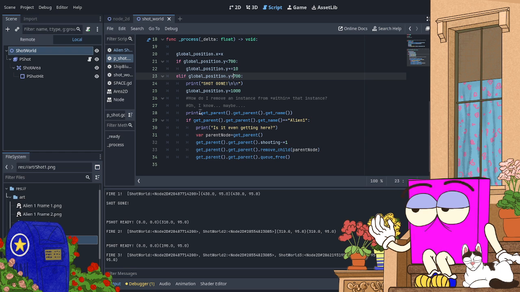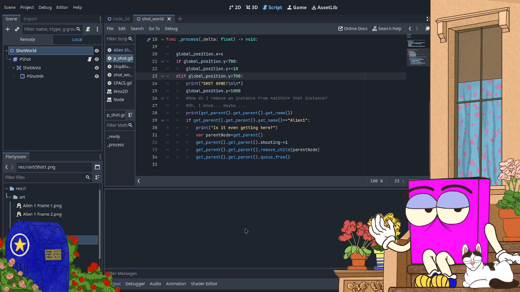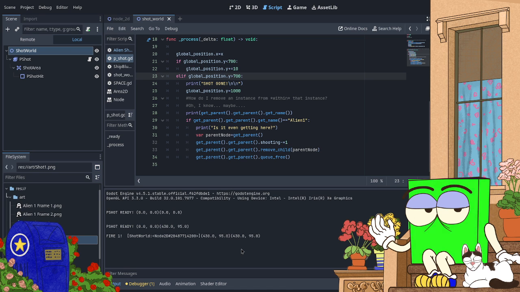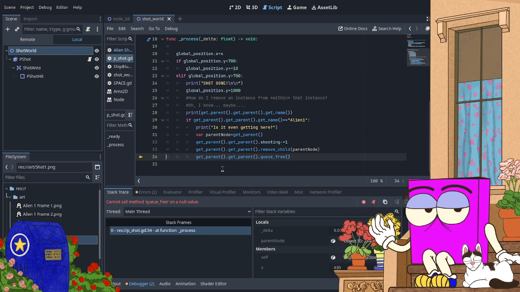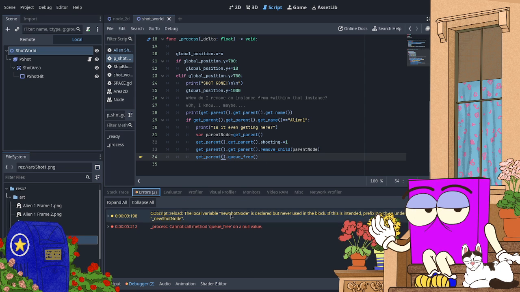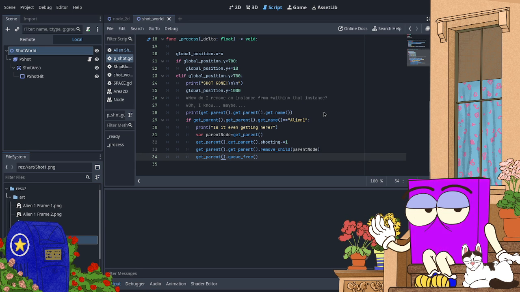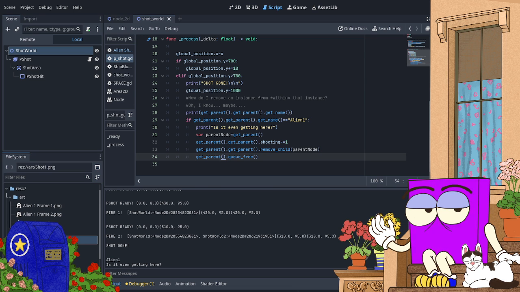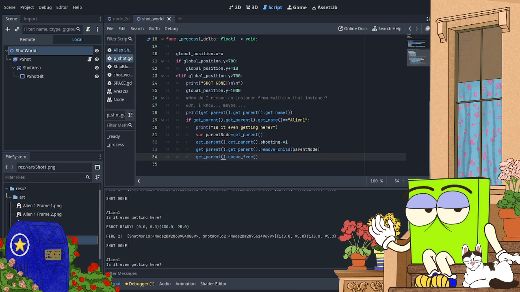So yeah, let's see what get name is. Yeah, that's what I thought. I have an extra. I didn't think that would work. Now it's getting there.